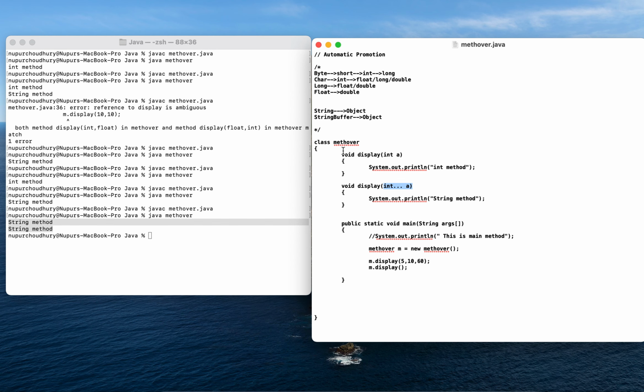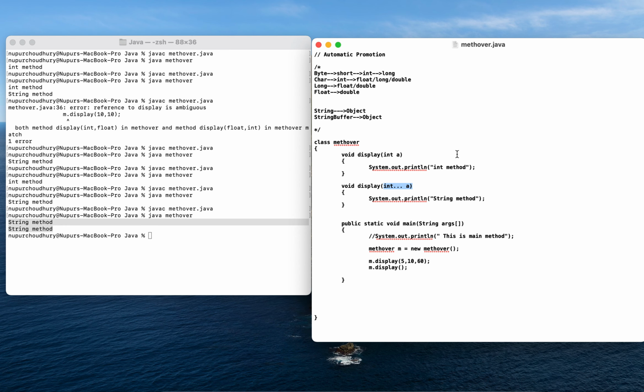So these are the different concepts that we learned today in case of method overloading. We talked about whether the main method can be overloaded, and we saw that we can have multiple number of main methods within the same class and we can go on overloading. However, the JVM will give preference to that main method which has an array of strings as the argument list.